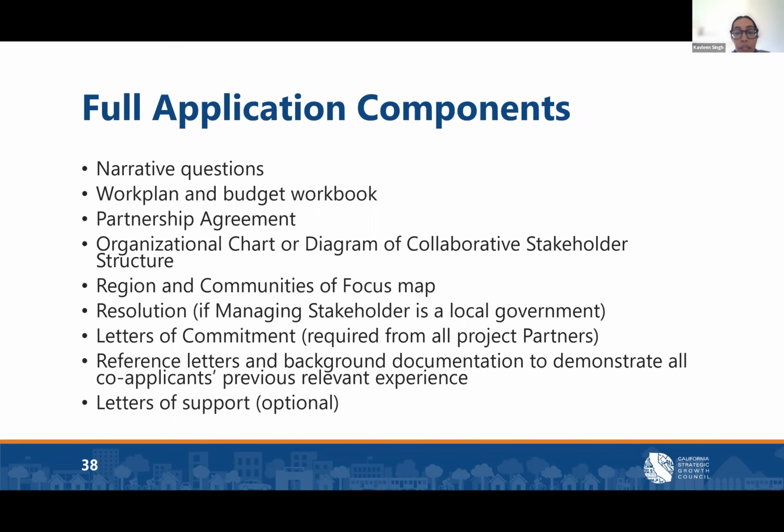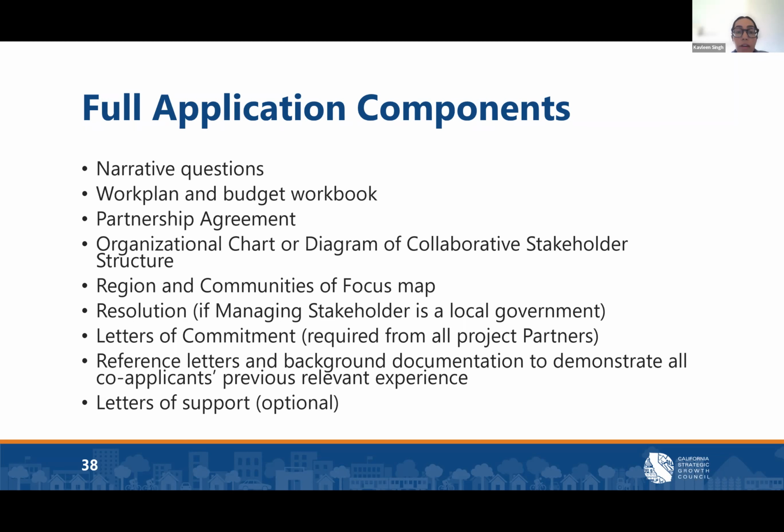We will be posting a template when we release the full application, but again, applicants are not required to use it and can develop their own as they wish. If the managing stakeholder is not a public agency, they must still include an authorization in the form of a formal letter or resolution passed by the organization's governing body.